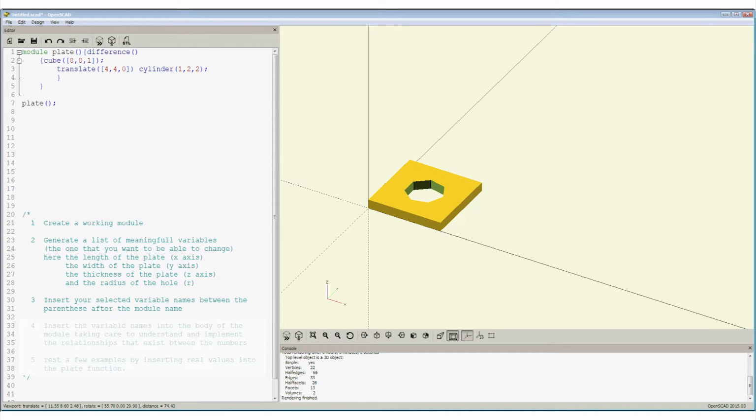Now we can choose names for these variables. Any name can be used, but it would be useful if they were descriptive. So let's use length, width, thickness, and hole. Insert these names in between the parentheses here, following the module plate. Now these variable names replace the numbers in the body of the module. So, length, width and thickness drop directly into the cube parameters, and thickness and hole drop directly into the cylinder